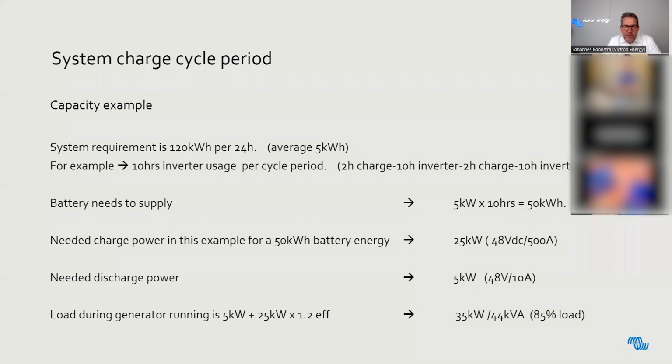The needed discharge power, well, that's an easy one in this case because it's only 5 kilowatts. That's only 10 amps on 48 volts. So for most batteries, that's not an issue at all. Then what you also have to check is the load on the generator during